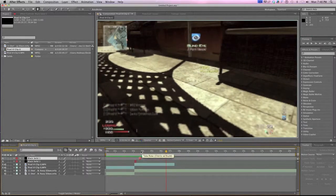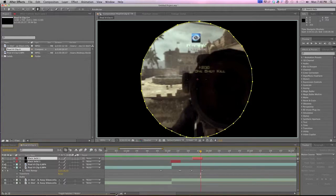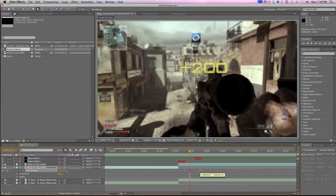To make this look a little smoother, we'll take this, we will zoom in, too far, and we will take this slow-mo keyframe and just move it over there so there's a lot less of the parts as he's scoping in. So we'll